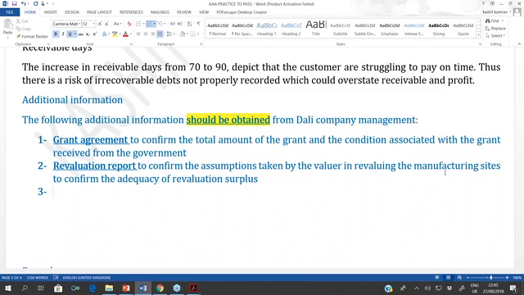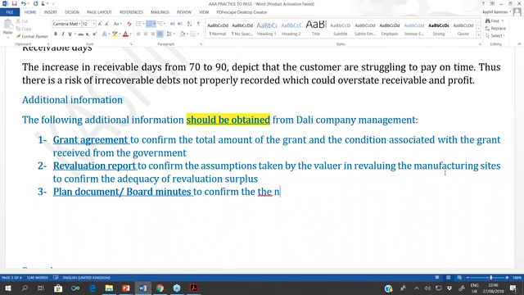Okay, next. Was there a specific risk relating to the share-based payment plan? Will I be needing something like the minutes of the board to confirm the vesting conditions with the cash settled share-based payment plan? So will I be needing to confirm the conditions associated with the cash settled share-based payment plan? So will I be needing information like the plan document or any board minutes to confirm the conditions,